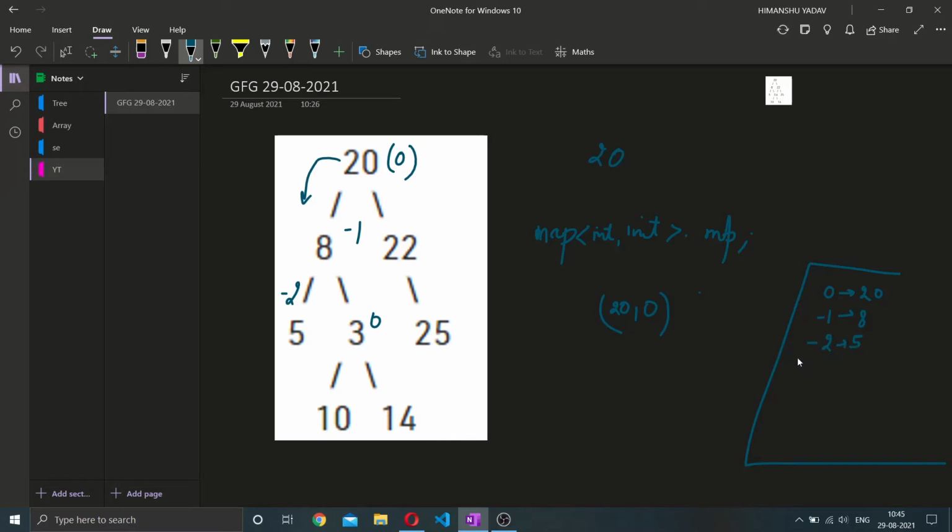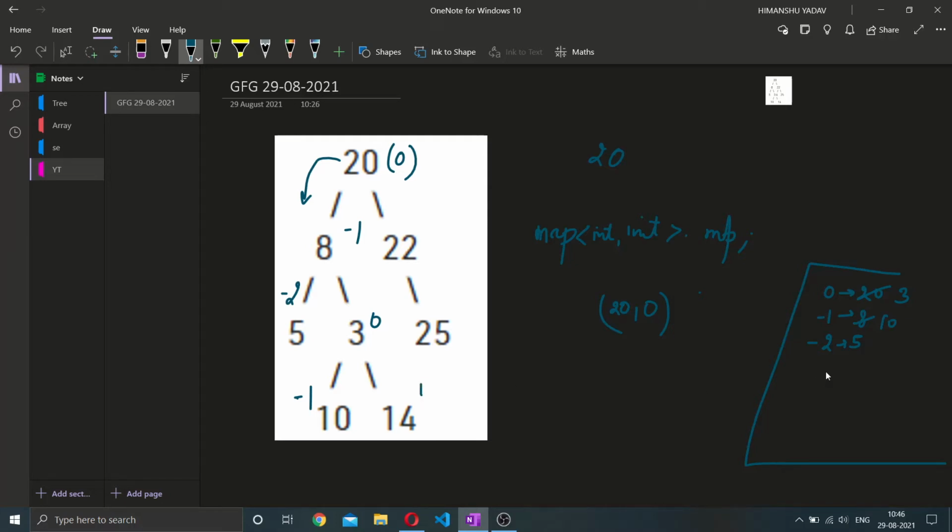At 5 we backtrack and go to 3, so at 0 we will make it 3. Then from 3 we go to 10, which becomes -1, so we update 8 to 10. We backtrack to 3 and then go right, and we are at 1.